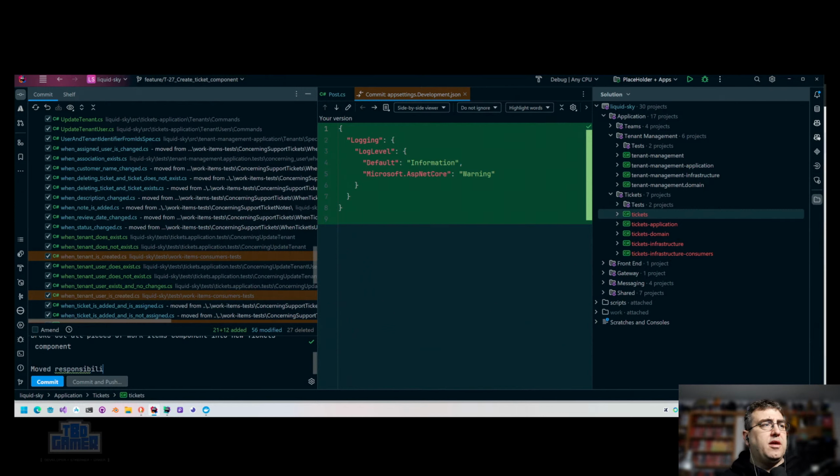Moved responsibility of creating, updating tenant and tenant user tickets into application domain. Shifted events, integration events, or Kafka events as they are, to data plus source format instead of